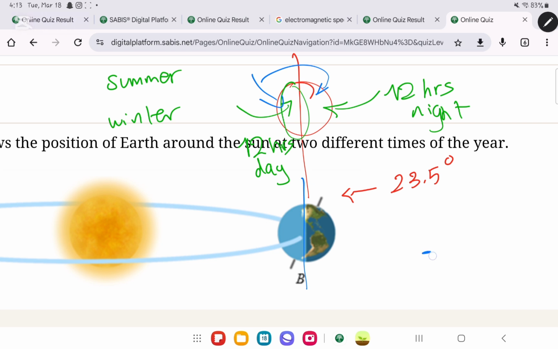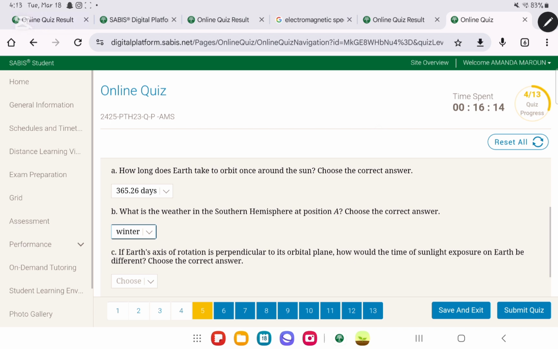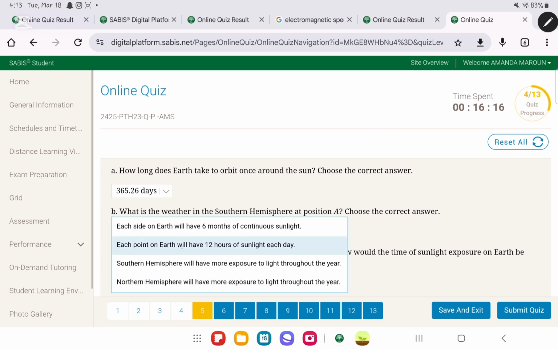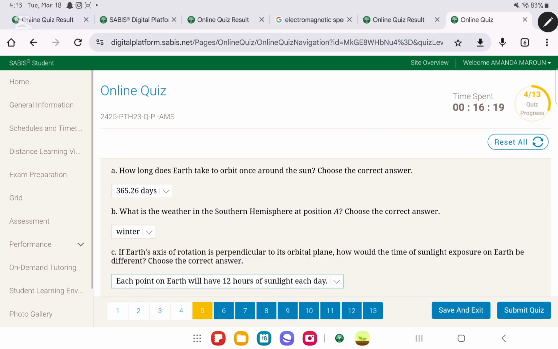We know that a full day is 24 hours. So if the axis was exactly perpendicular, it would cut the Earth into two parts, okay? One part would get exactly 12 hours of day and exactly 12 hours of night, and the other part would also get exactly 12 hours of day and exactly 12 hours of night, and there would be only 2 seasons, which are summer and winter. So if we go to part C, we can choose the answer to be each point will have 12 hours